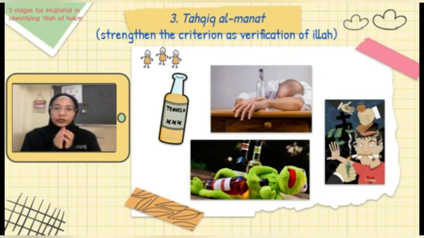Okay, intoxication is the illah of the prohibition of alcohol. So intoxication is the permanent criterion of al-khamr, alcohol. Then the wisdom behind this prohibition is to reject darar, danger to human beings. Thus, this intoxicating criterion is met and is the illah, of which this intoxicating criterion is a criterion that can be limited or real.